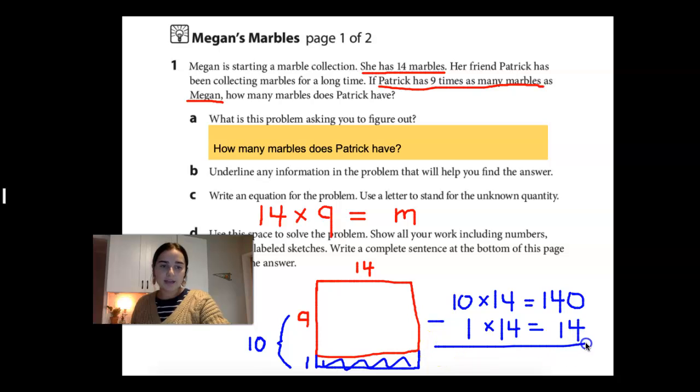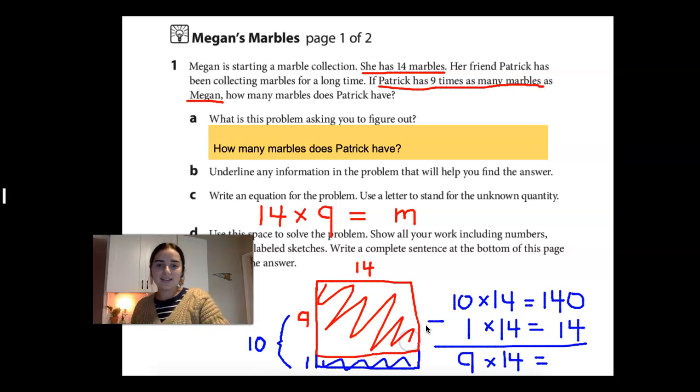And when I do that, I end up with 9 times 14 again. But this time it's a little bit easier to solve. And I'll have you solve this on your own. 140 minus 14, and that will get you your answer to the red shaded area. All right? Now, once you have that answer,